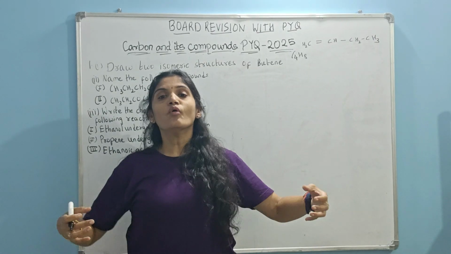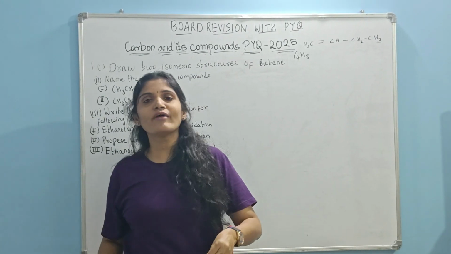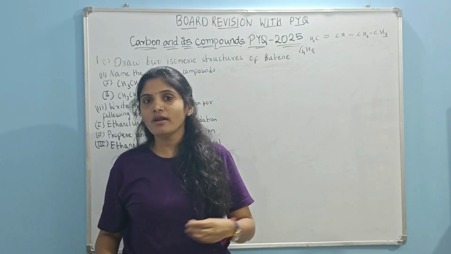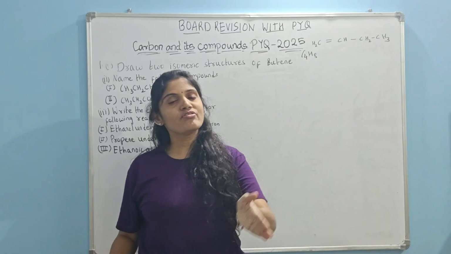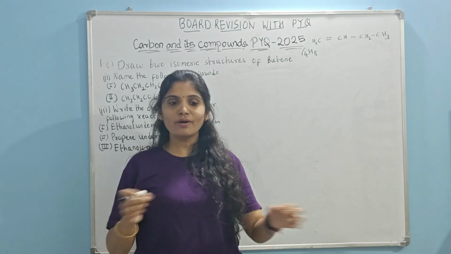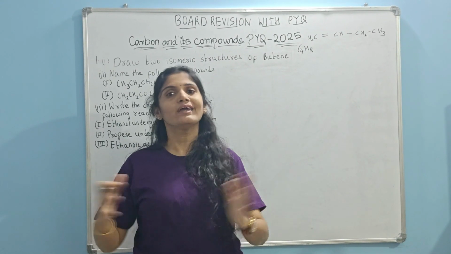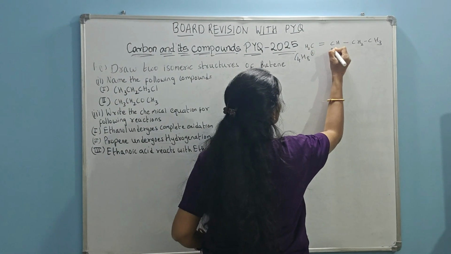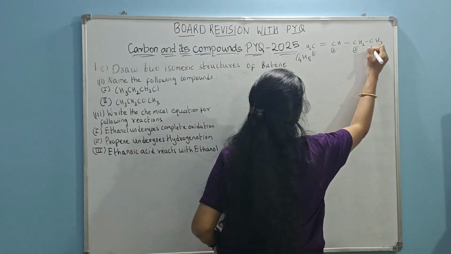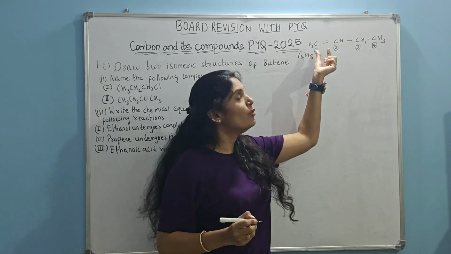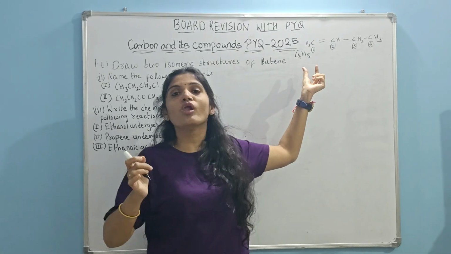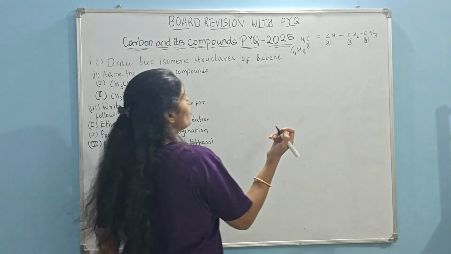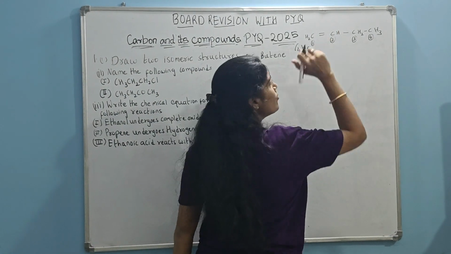So, what will I do? What is isomerism? Compounds which have the same molecular formula but a different structural arrangement. Now, I have to draw a few more structures which have the same formula C4H8, but the arrangement of atoms or the double bond can differ. Let me try to do this. Here, my double bond is between carbon 1 and carbon 2. Why am I numbering from the left side? Because carbons holding the double bond should always get a lower number when you are numbering the carbon skeleton.